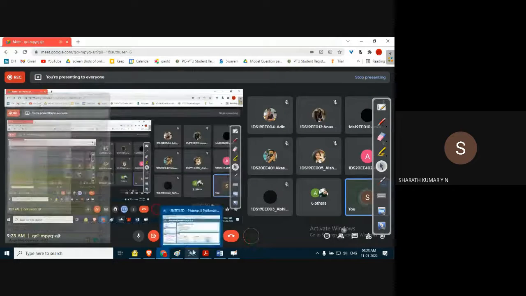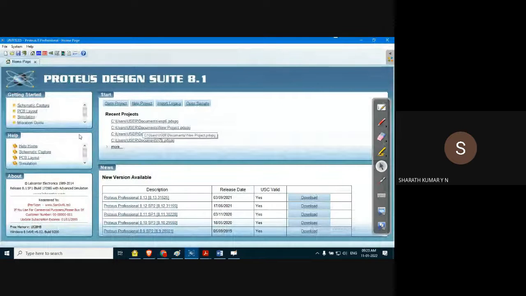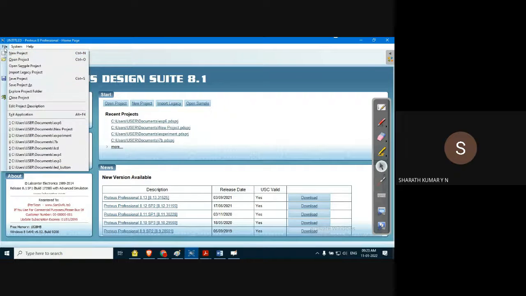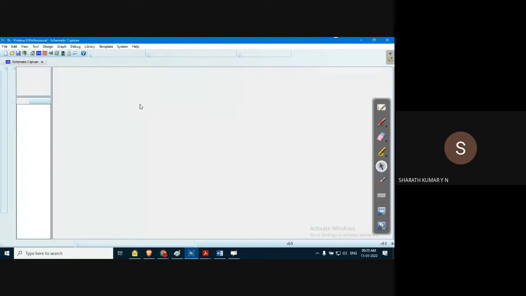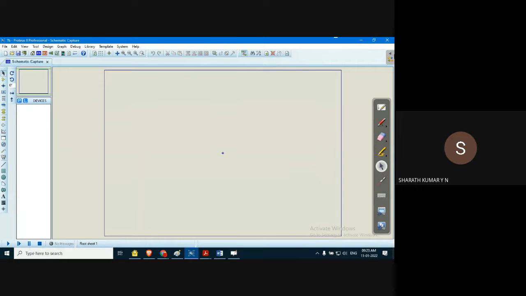Now, what we can do is we can start working with the Proteus software. It's very user friendly and very useful, especially for embedded applications. You can go to File and click on New Project, or you find a menu here in Start. There is New Project. You can click on that. Just hold on a second. It is loading. Yes, here we go. When you click on new project, I think it is opening the